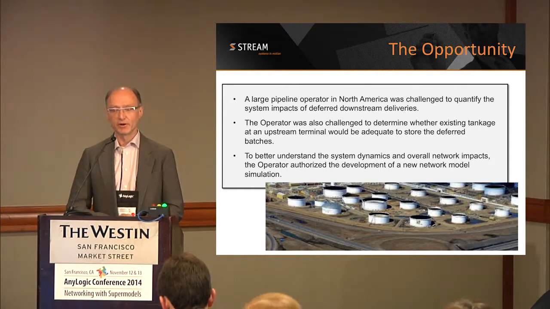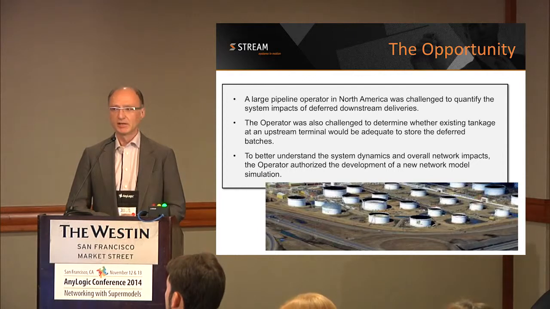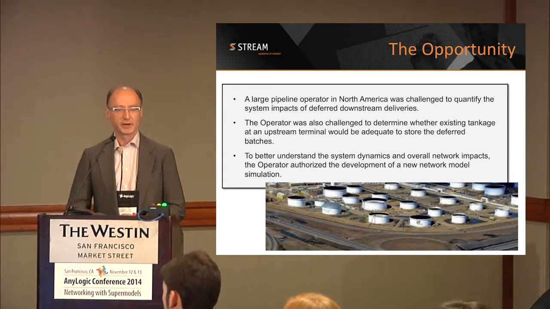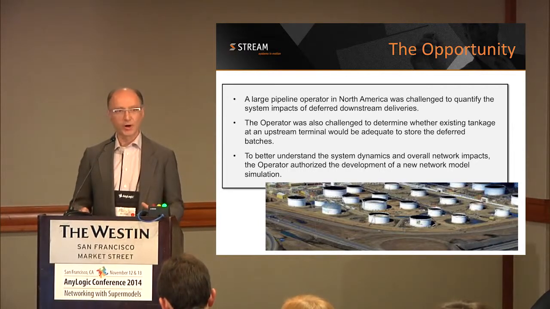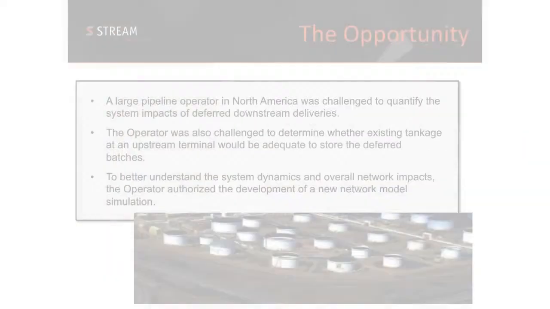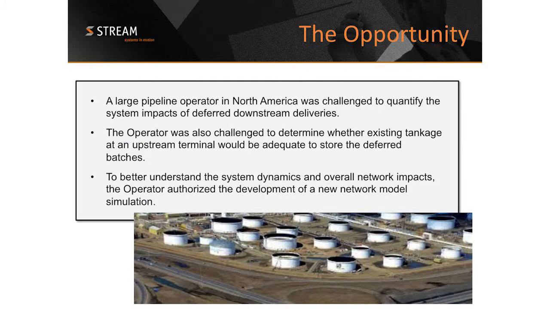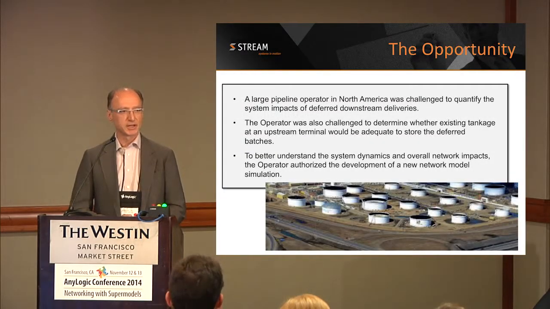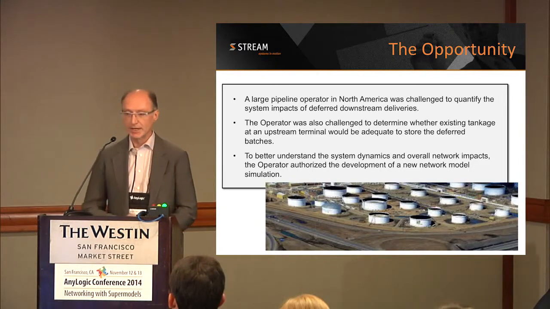And it was problematic for the larger pipeline company because, of course, it caused very large chaotic waves through its pipeline network across North America. The challenge with that is it's not a local problem, it's a large network problem. So we had 5 terminals, we had a number of kilometers and miles of pipe to connect, and the challenge was how to abstract that at a simulation level with enough materiality and accuracy that it actually represented the real problem. So we had a very unique set of circumstances, and we had to apply both engineering principles as well as our business knowledge and our simulation knowledge to arrive at a solution.